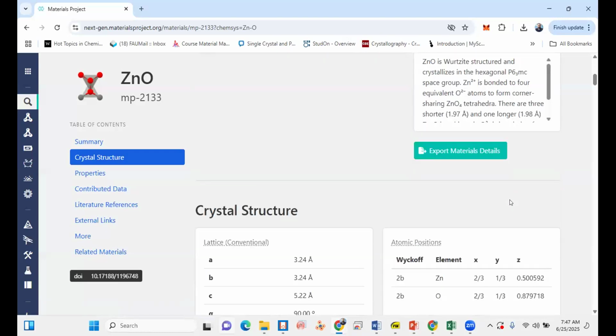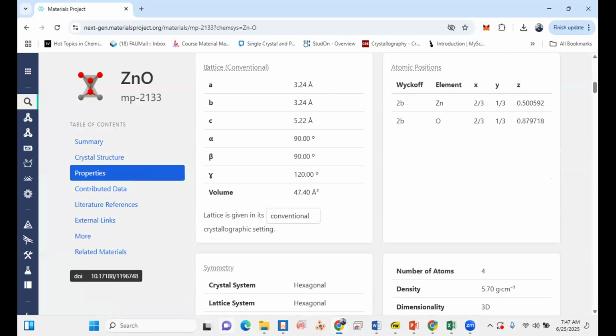Then I can go a little bit down. I always have to look at the lattice parameters. Before downloading the zip file, I always check whether the lattice parameters are in the range or not. If someone asks me why it would not be in the range, sometimes they calculated the zinc oxide structure under pressure or at high temperature, so they used external parameters and changed the lattice parameters too much.